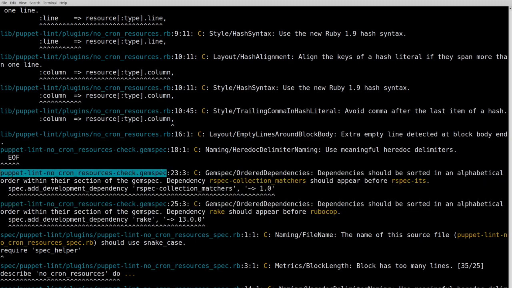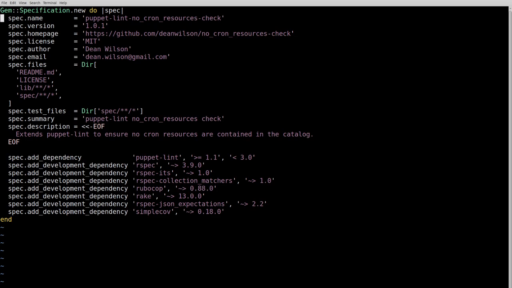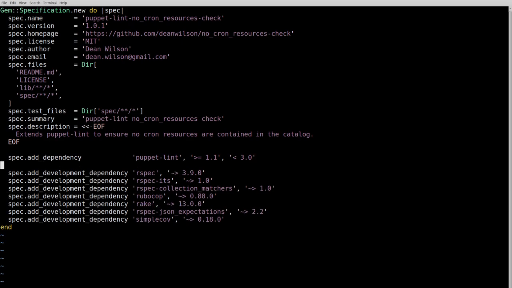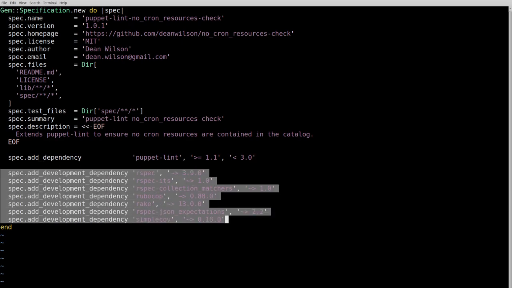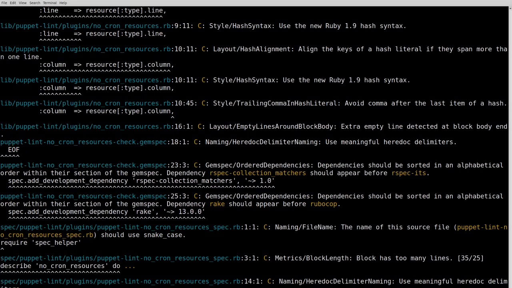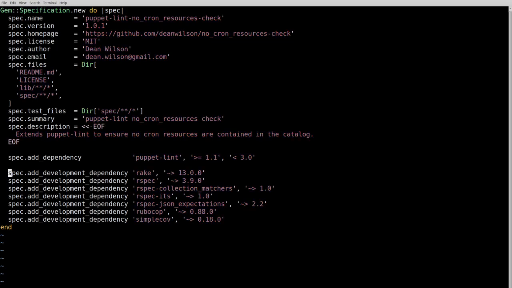So let's grab this file. And dependency wise, rake, for example, comes after our rspec, which is alphabetically not happy. And Rubocop is very good at picking up on those little details. So we'll just sort all of the provided inputs. That's okay there. And then if we run bundle exec rubocop on that,